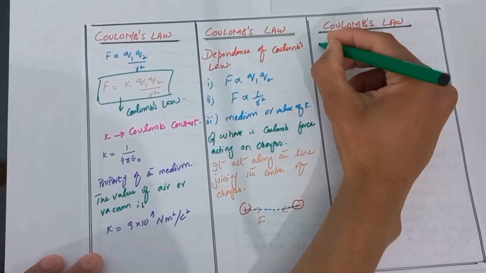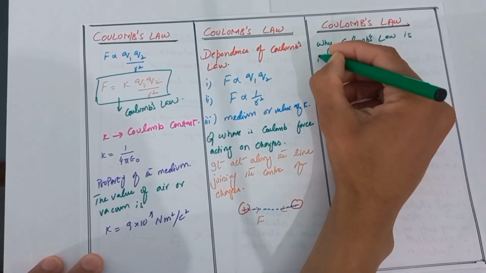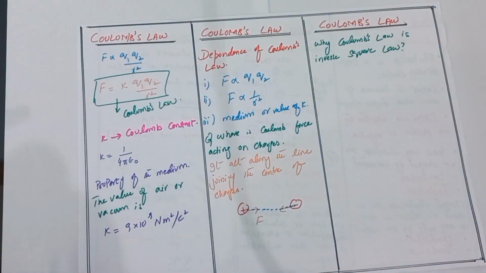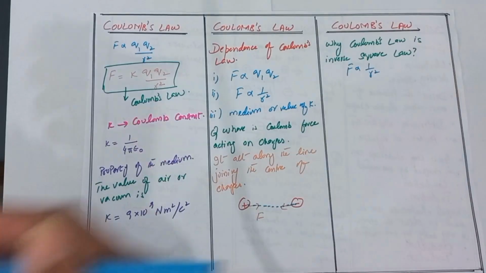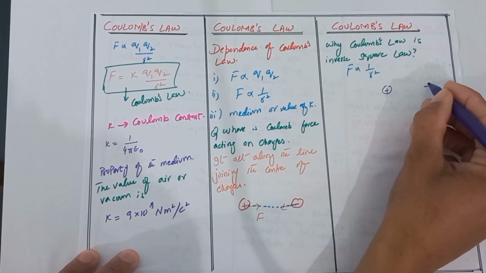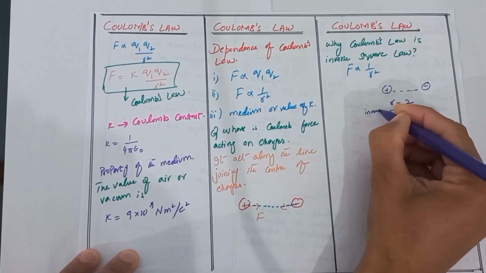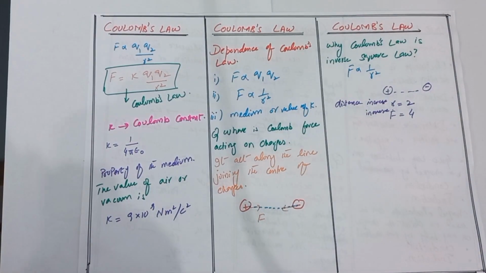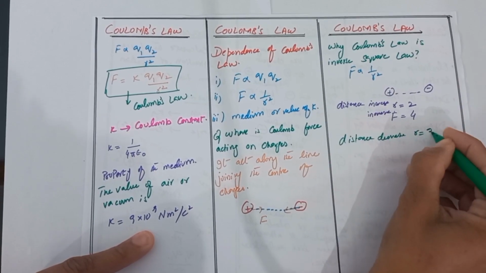Now the question arises: why is Coulomb's law an inverse square law? Coulomb's law gives the formula that force is inversely proportional to the square of the distance. For example, if I increase the distance between the two charges 2 times, then the force is decreased 4 times. Now if I decrease the distance 3 times,